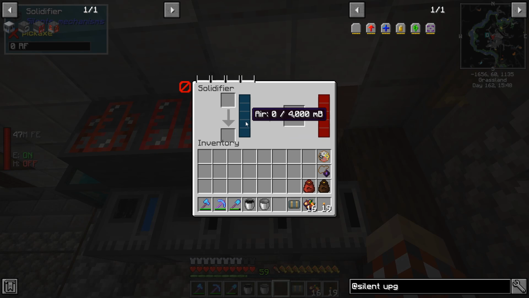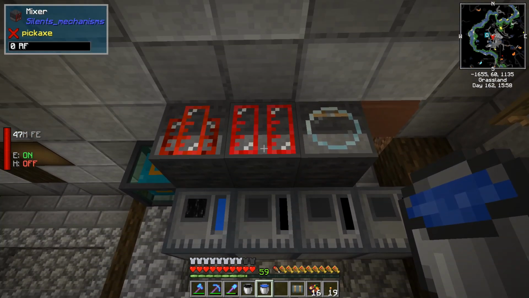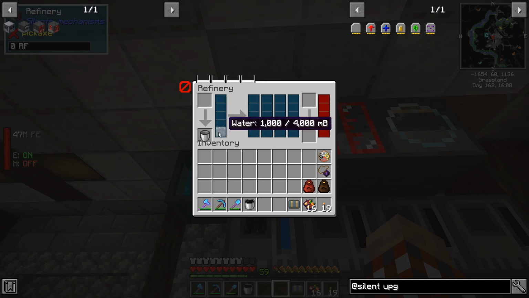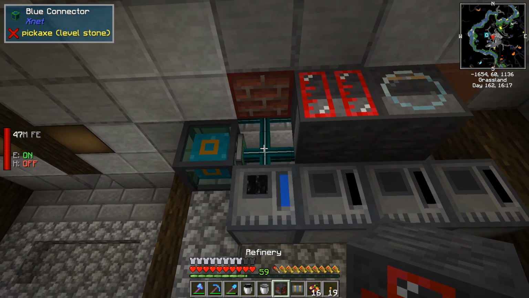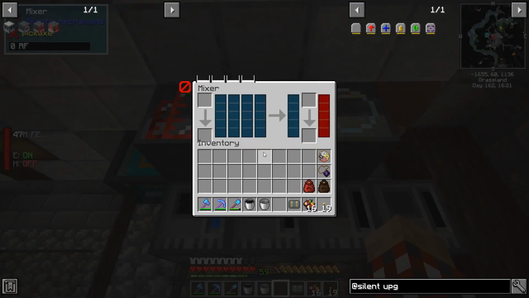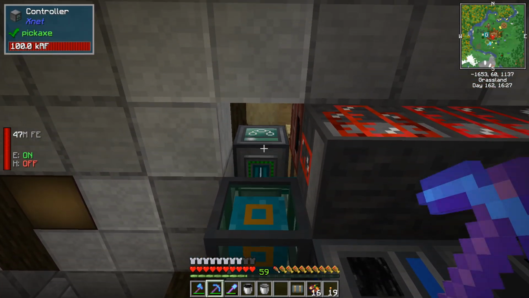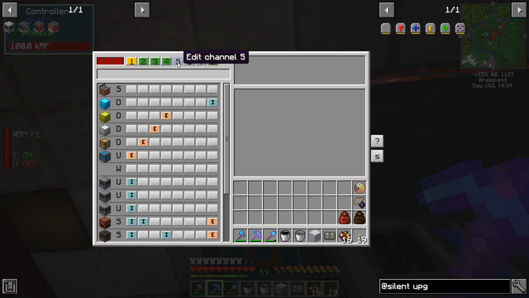I was hoping that, oh, it's got air in it. I can only put the polyethylene in there. This one will take water. Will this, the refinery, take water? No. Oh, but it will take water there. Interesting. Break you. So this one needs to take water. All right, so I'm going to break that. Where did you go? Okay, popped up there. Because now I can come in here and...